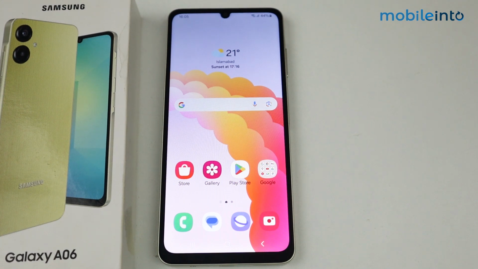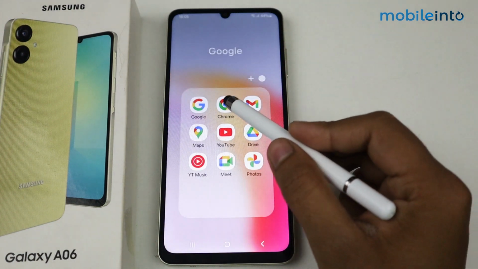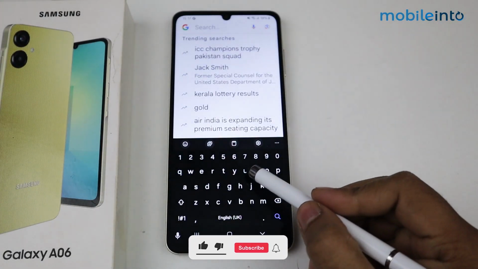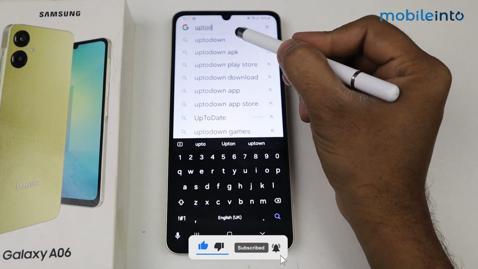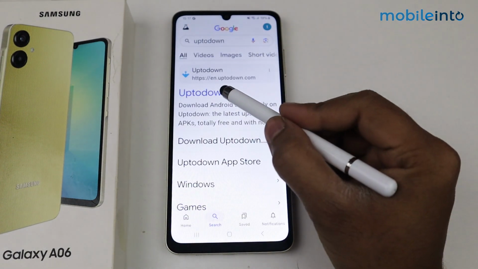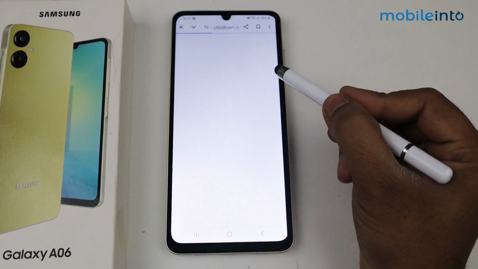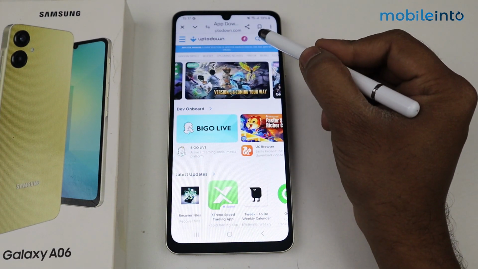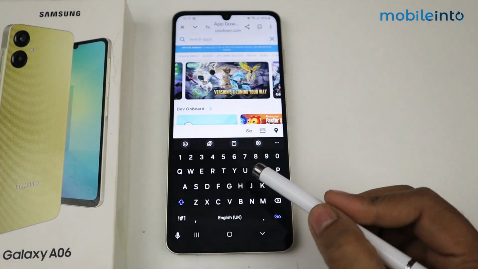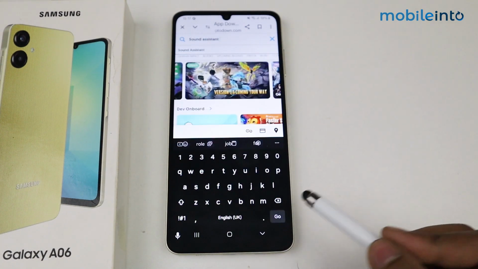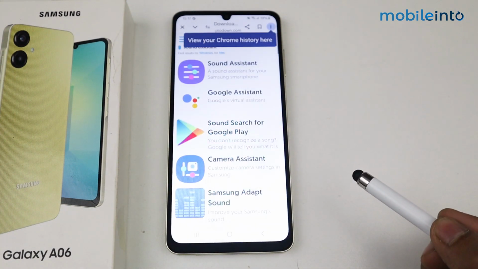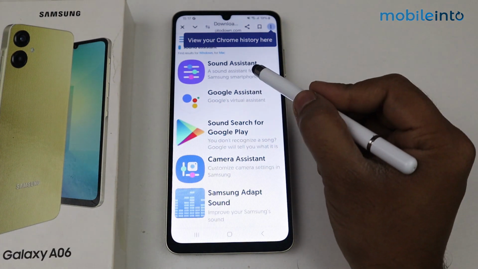Hello, in this video I'm going to show you how to customize volume bar on Samsung Galaxy A06. Simply open the Chrome, search here up to down, tap on this website, tap on search here sound assistant, simply tap on this application,